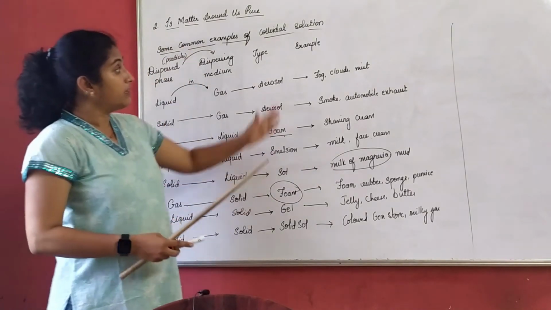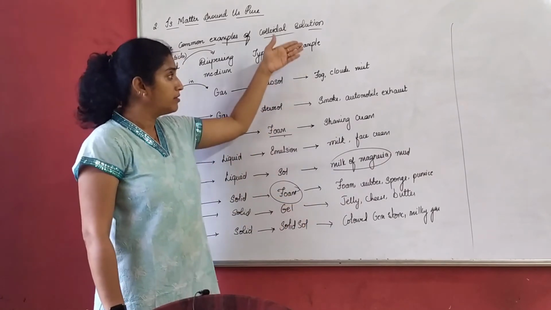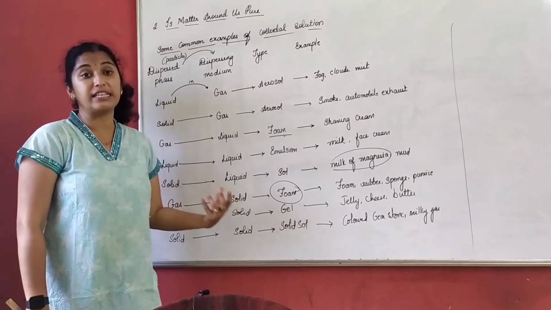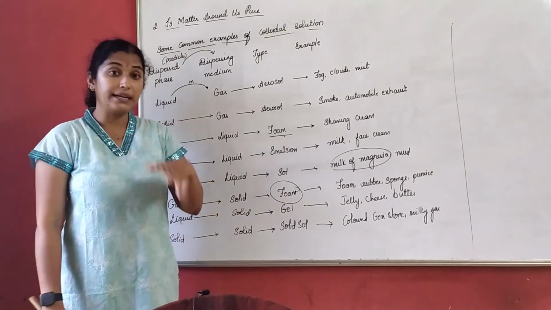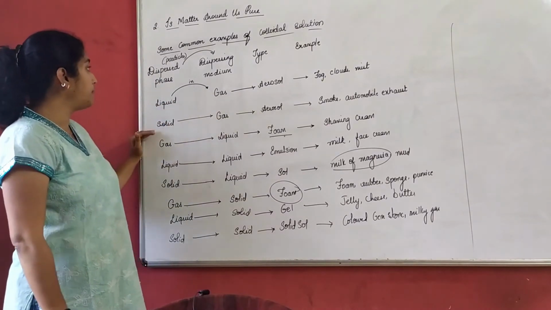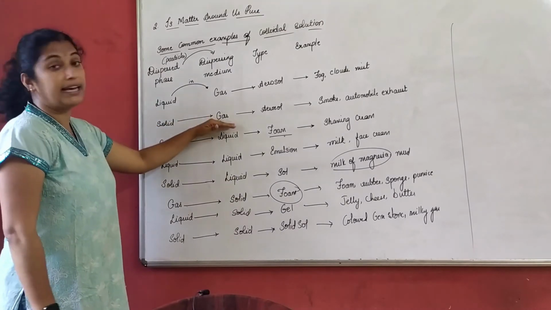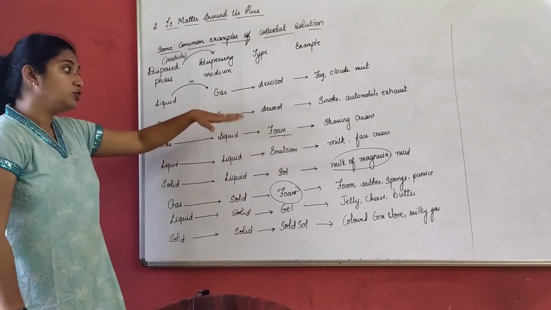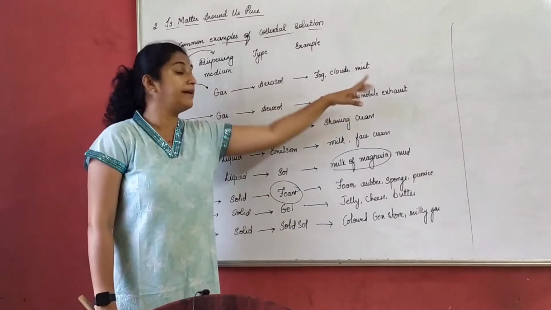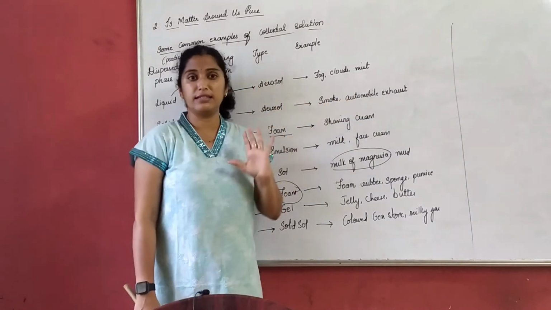So if I ask you what are the examples of colloidal solution, all these are examples of colloidal solution, irrespective of what phase and medium they are. But particularly if they ask you the phase and medium, for example, give an example of colloidal solution of solid and gas, you should write aerosol and then write smoke, automobile exhaust. Why? Because aerosol could be this also, or directly you can write this.